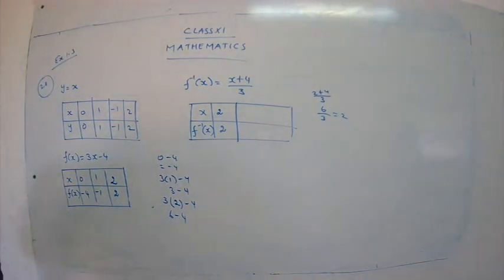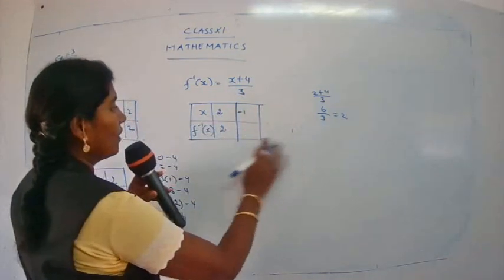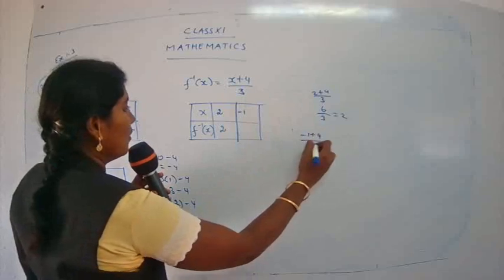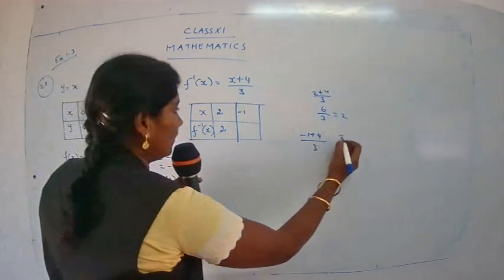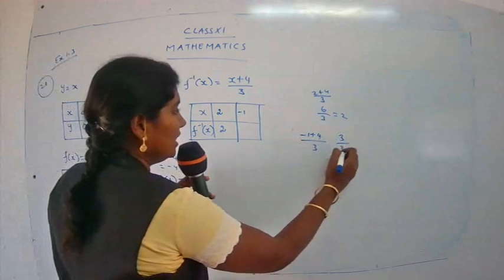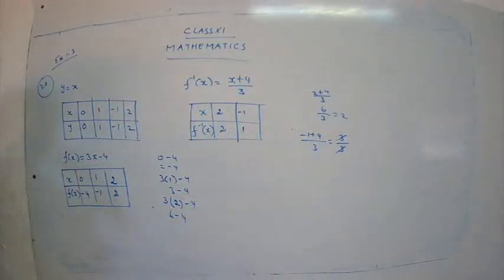Okay, now let us choose one more value. Yes, minus 1. If I put here minus 1, children, see, minus 1 plus 4 upon 3. So it gives you 3. Minus plus minus 4, minus 1, it's 3. And what is the sign of the bigger number? Plus. So 3 upon 3 is 1. So just write down the table properly. We have no need of going on writing more values. 2 or 3 values are enough. Stay on the table, children.